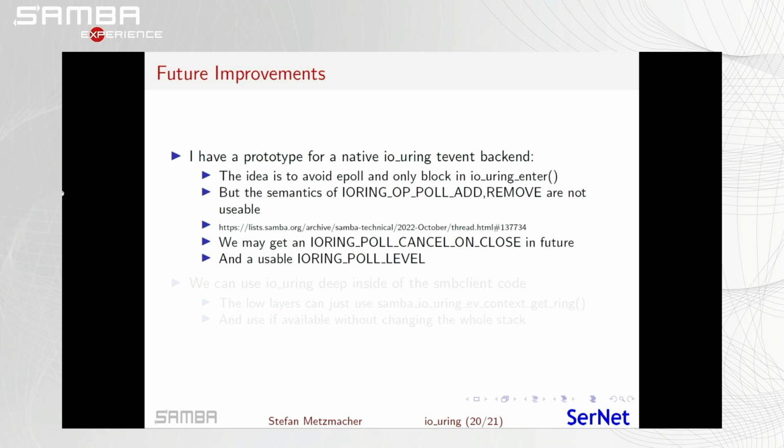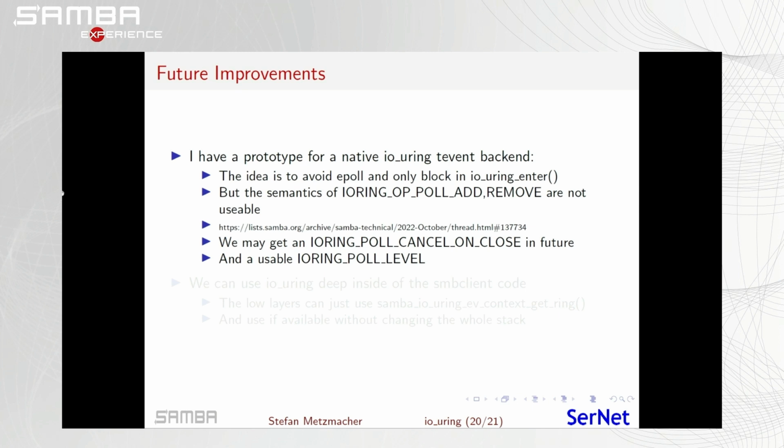So for the future, I also prototyped a native io_uring event backend where we would not use epoll as a blocking call into the kernel, but instead we would use the io_uring_enter syscall as the only blocking call into the kernel. And with liburing built around that, it's certainly possible that some operations don't need to enter the kernel at all